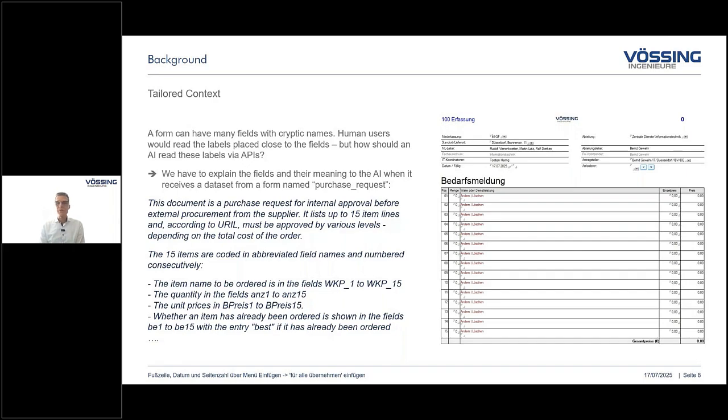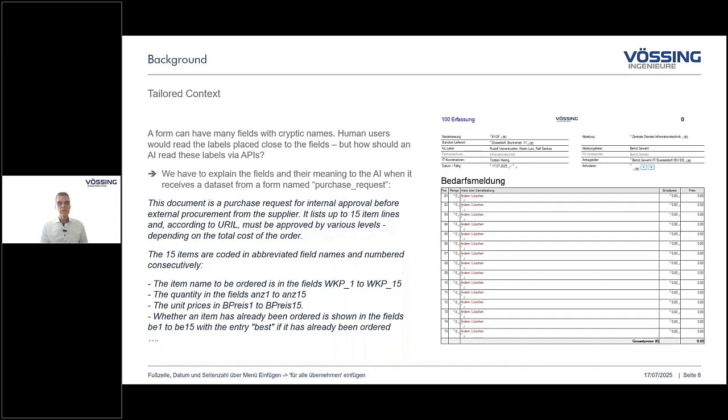There's just the field names, right? So how should it understand what it is looking at without having a piece of description? And that's why we have built the Vössing AI config store as a Notes application, where we started to write context definition